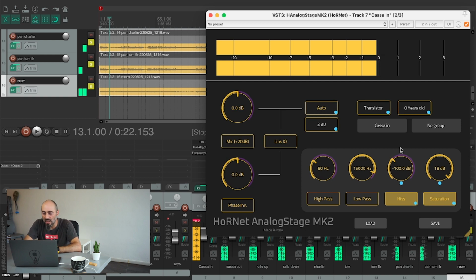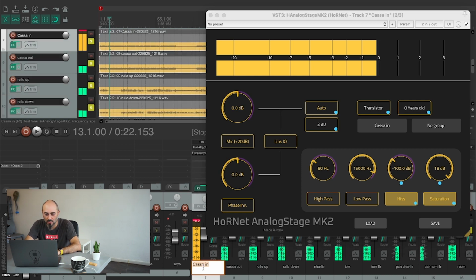And then we have the name of the track, that is read automatically from the DAW in VST3, Audio Unit and AAX, but it's not in VST2 because the standard doesn't support it. You can change it, but since this is read from the DAW, to change it you have to change it in the DAW,